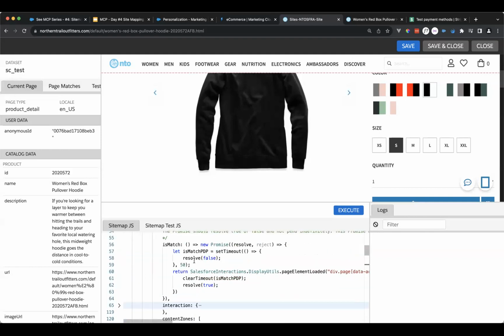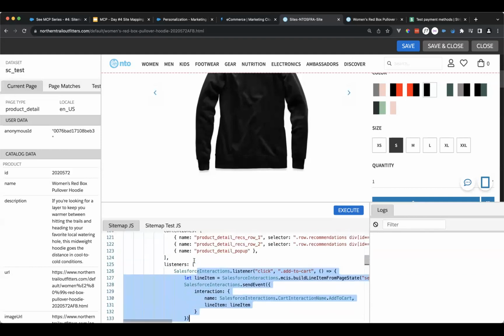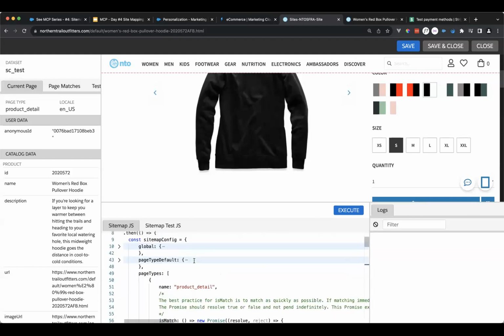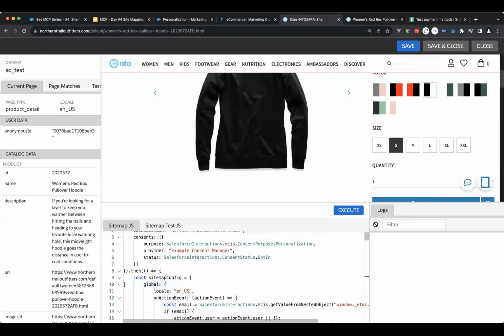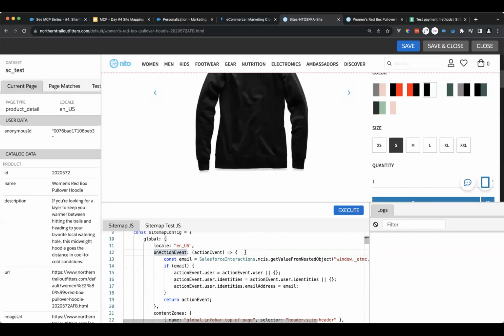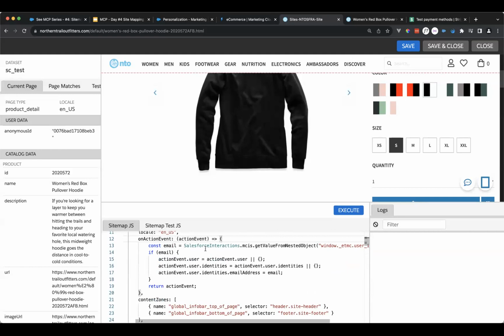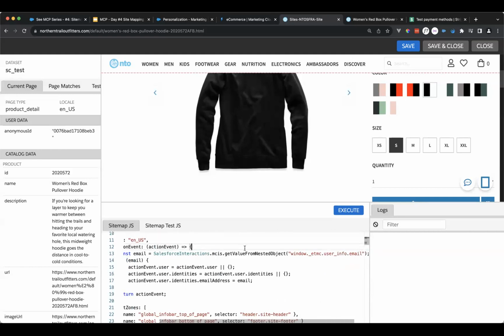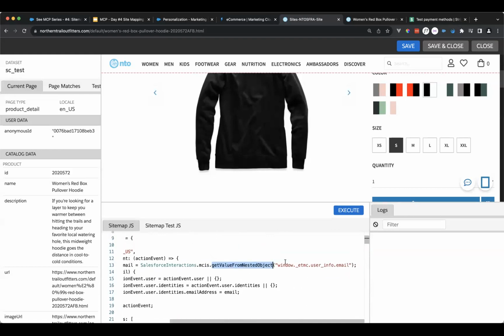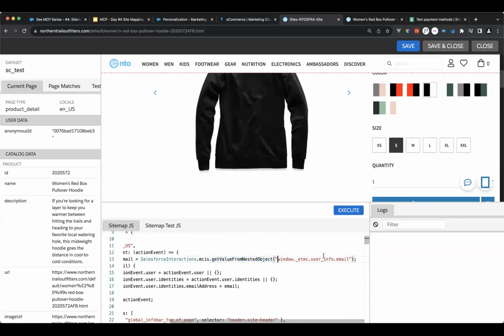That's fair. And then we can check the on action event here. Like we said earlier, on action event fires on any action. So on any action events, what we're doing here is grabbing the email using a utility function, but we could have used cachedom anywhere that we know the email is saved. What this current implementation is doing is, whenever a user logs in or provides an email, they are saving that email into this object,